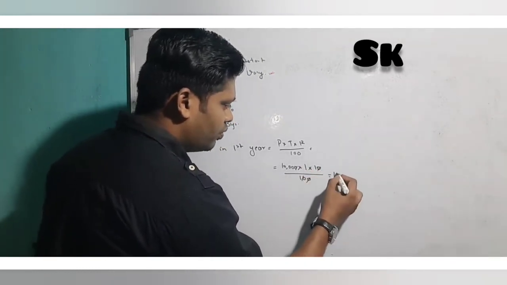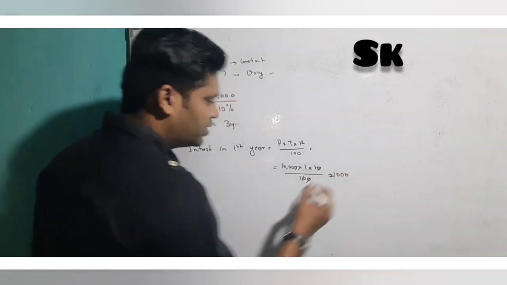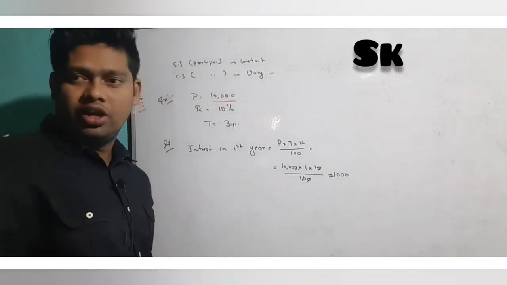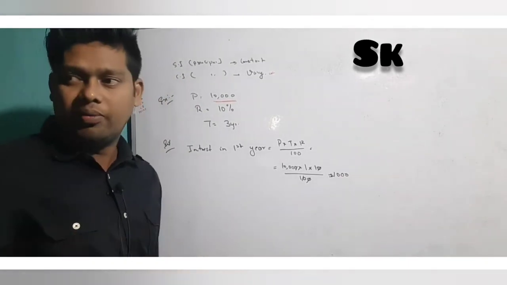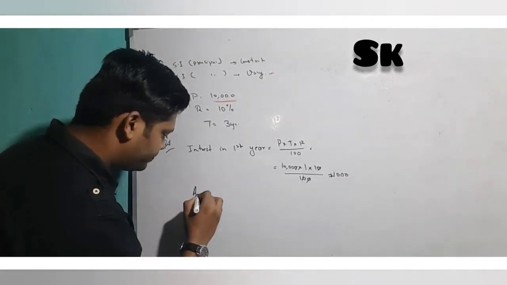So it is how much? 1,000. So rupees 1,000 is our interest. Okay, now what do I have to do? I have to find out the amount. After getting the interest, I have to find out the amount. That one only, no? So amount